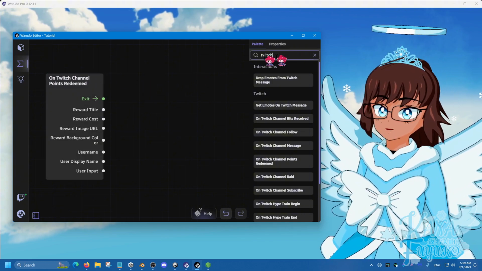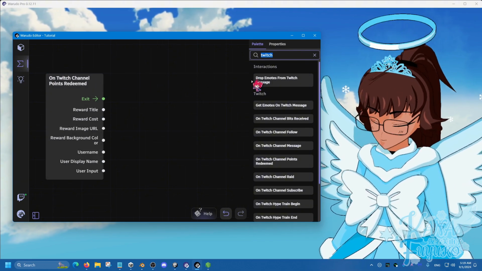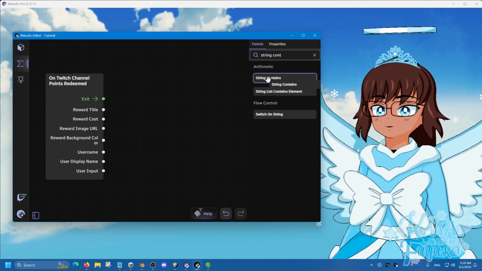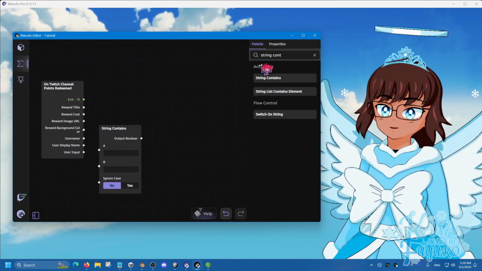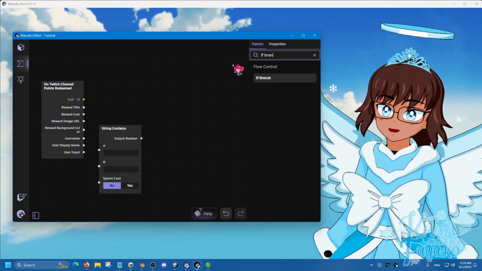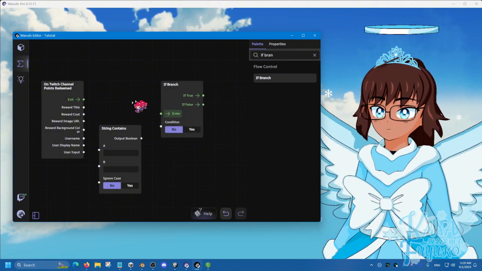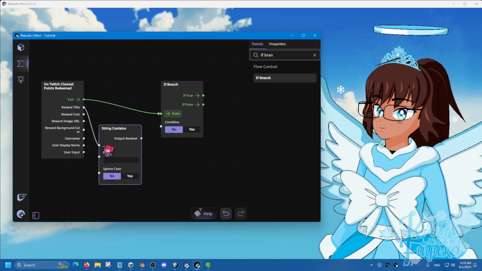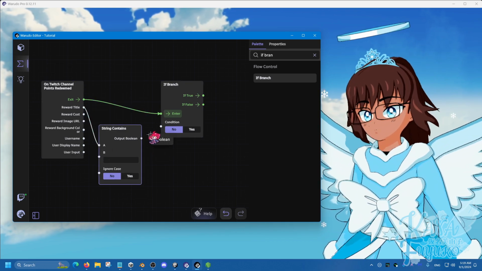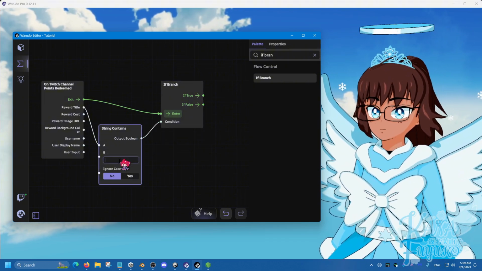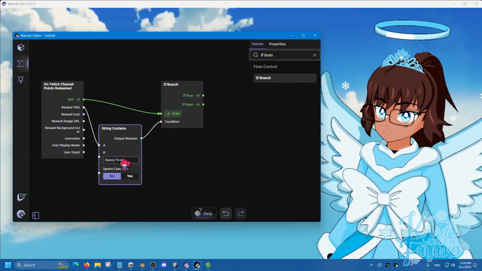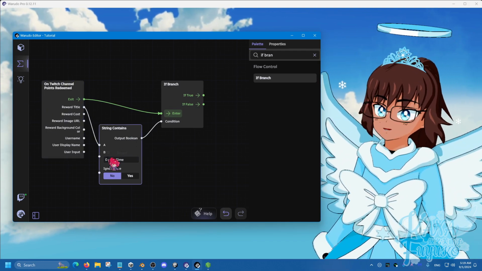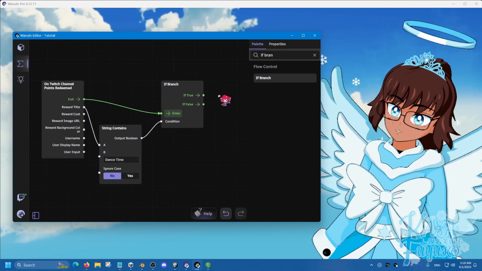Then we're going to do string contains. Then we're going to type out if branch, like so. Connect exit to enter, reward title to A, and output boolean to condition. We're going to call this dance time. What this means is that if that channel point redeem is named dance time, and that's true, what we're going